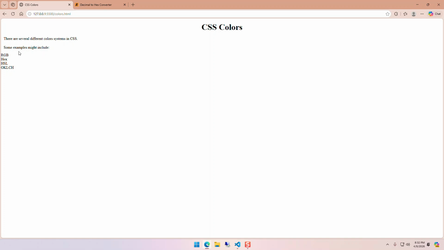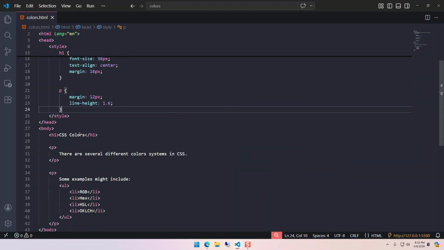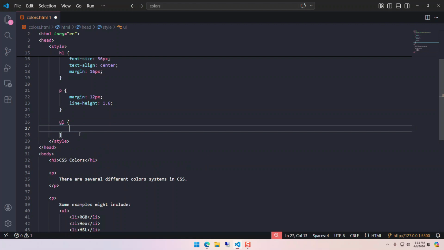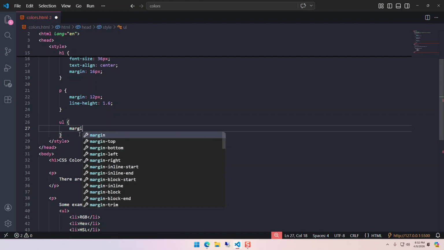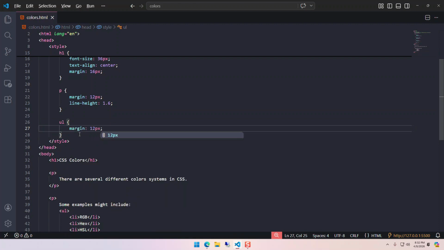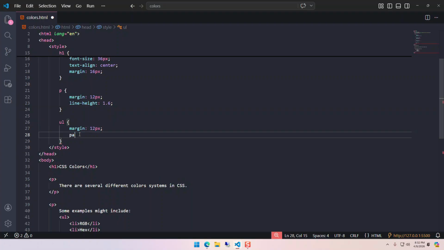Let's go back. That's pretty nice. And then I shall go with my UL and add a margin of another 12 pixel and then a padding of 8 pixel. Actually, we should increase the margin towards left, so let's make that 12 pixel. Just remember top right bottom left, so I shall make it top and bottom 12 pixel, and then left and right we're going to do 24 pixel,